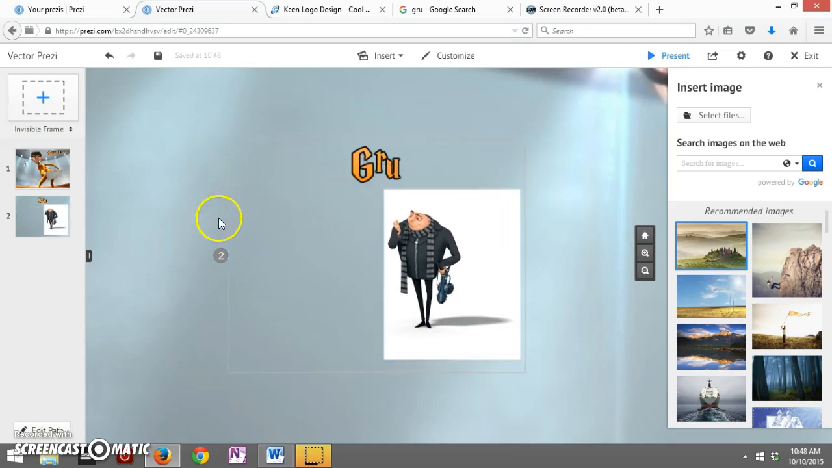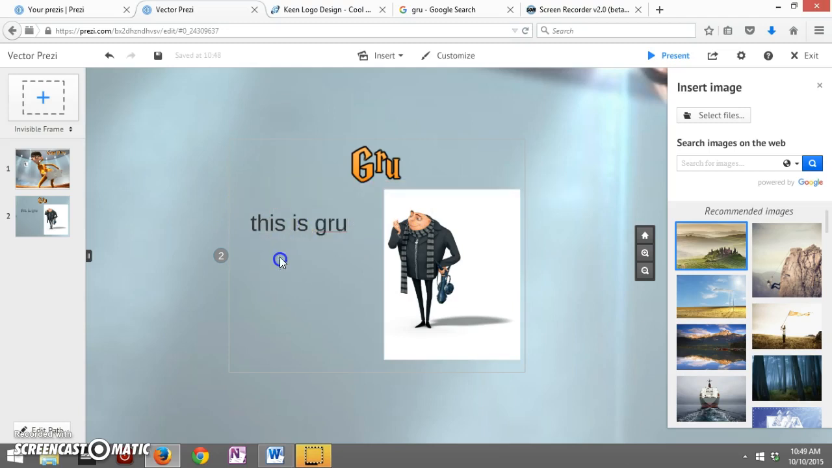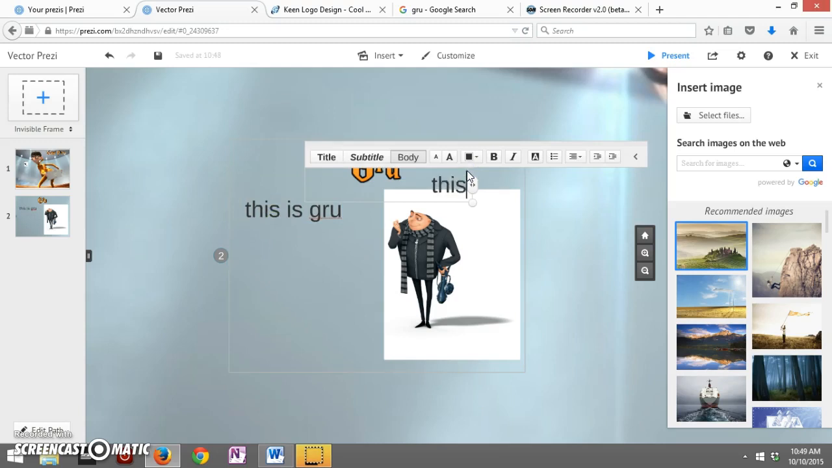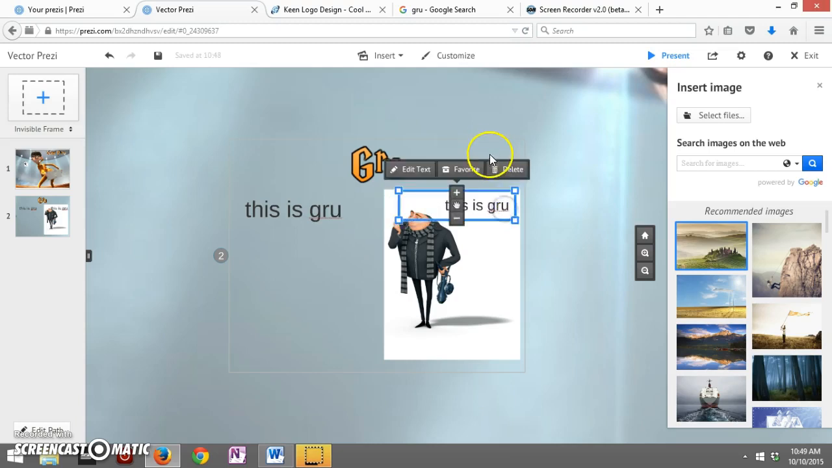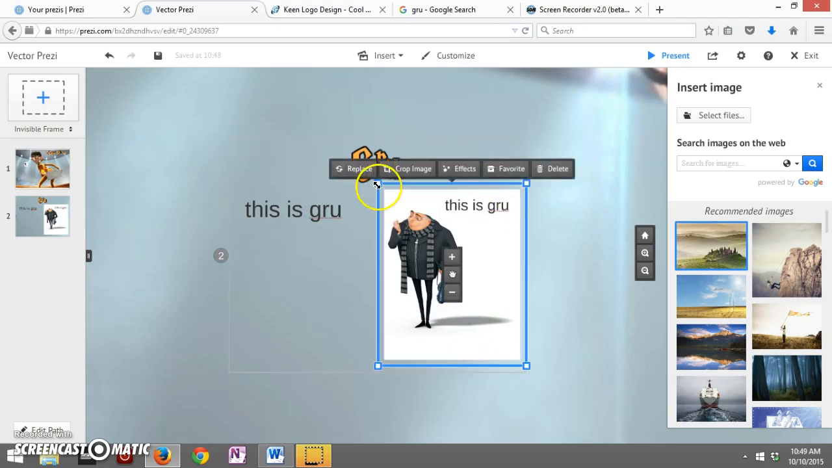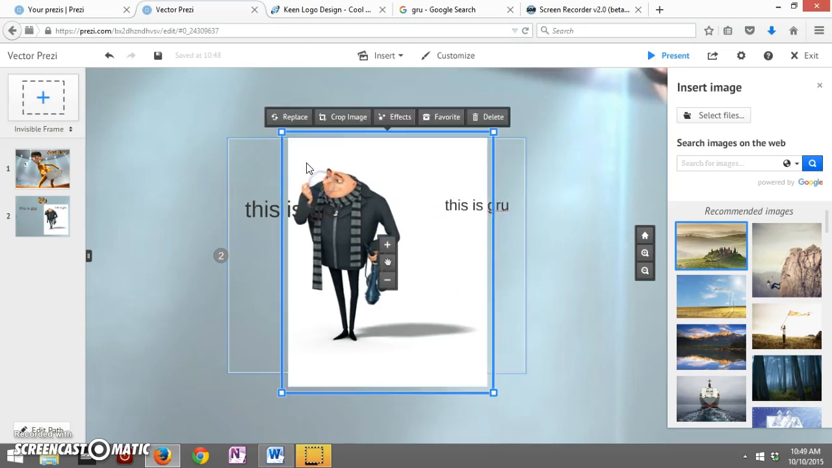Now, I could do a couple of different things with this. I could type text over here. So, this is Gru. I could also, if I wanted to get kind of fancy with it, type text, and I could put it on the picture and make it smaller, make it larger. So there you go. I could also make the picture of Gru the entire screen,